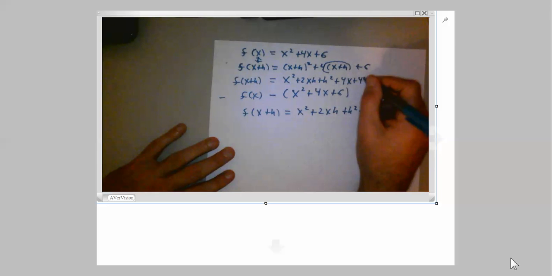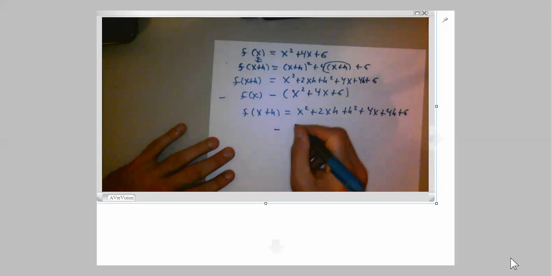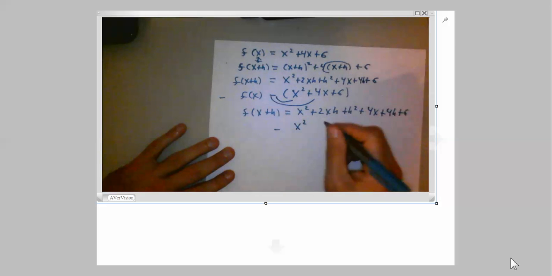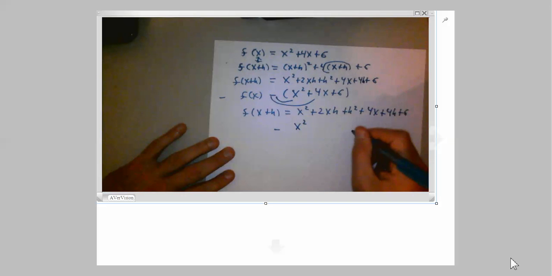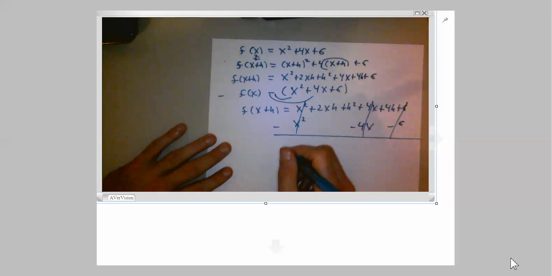That should be an h, sorry. And over here I'm going to have minus x squared, because I'm distributing the minus sign to each of these. I'm going to have a minus 4x, and I'm going to have a minus 6. So these terms cancel, these terms cancel, and these terms cancel. And I am left with,